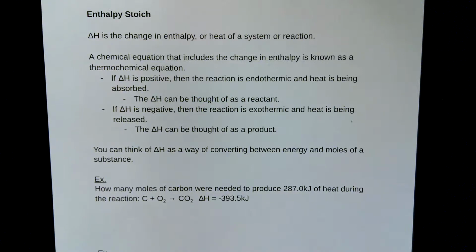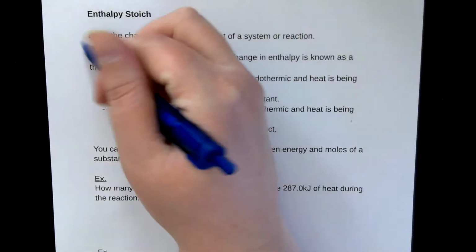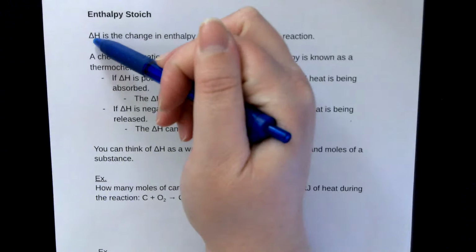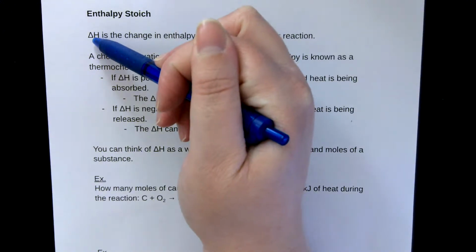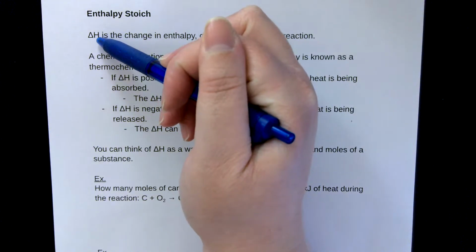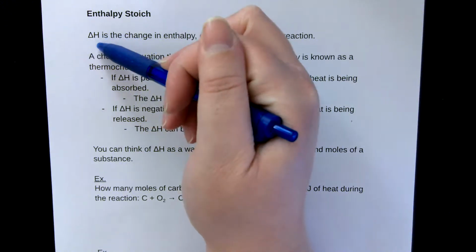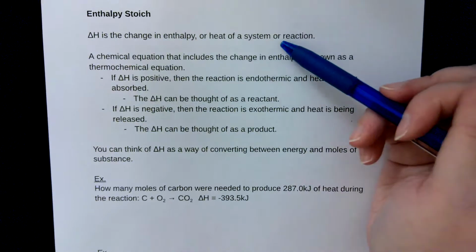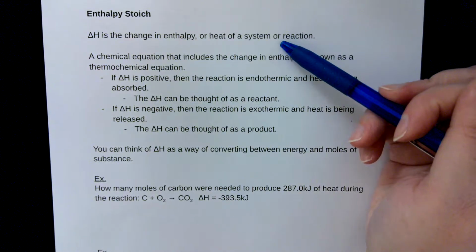Hey guys, today let's talk about enthalpy stoich and also about delta H of vaporization and delta H of fusion and how we use those as conversion factors. So, enthalpy is expressed as delta H. Delta, remember, is a symbol that we use for change in, and the capital H is the variable for enthalpy. So delta H is change in enthalpy, and it refers to the heat of a system or of a